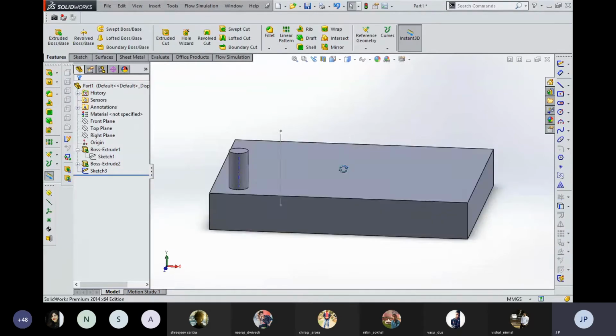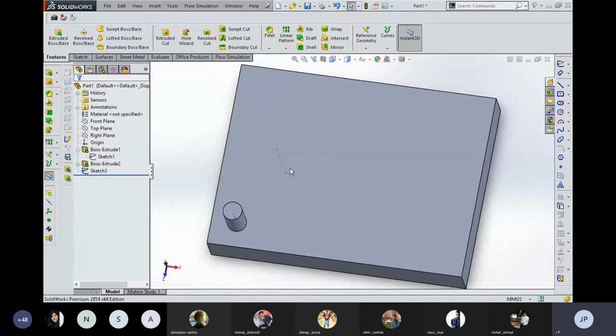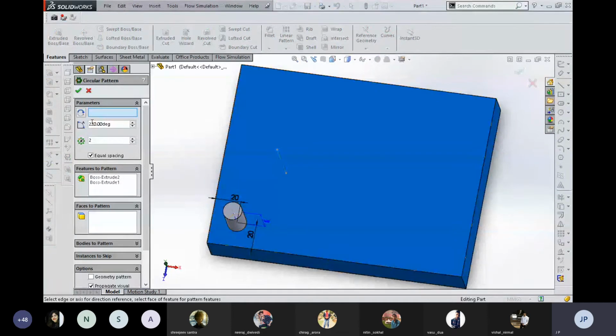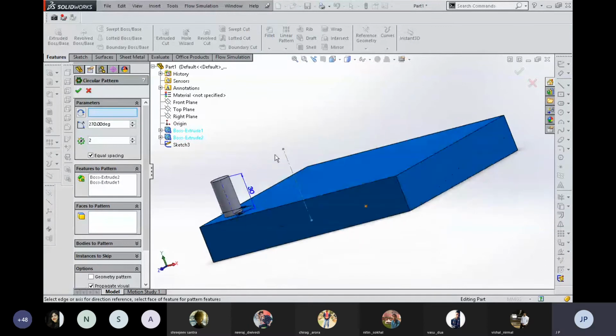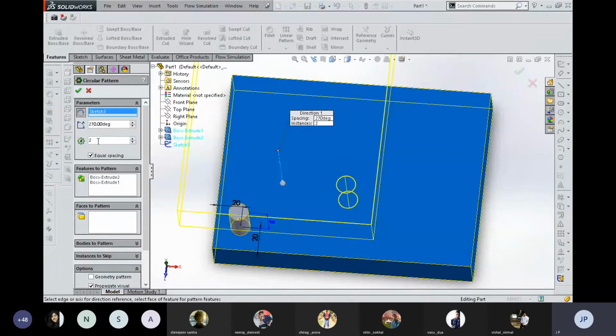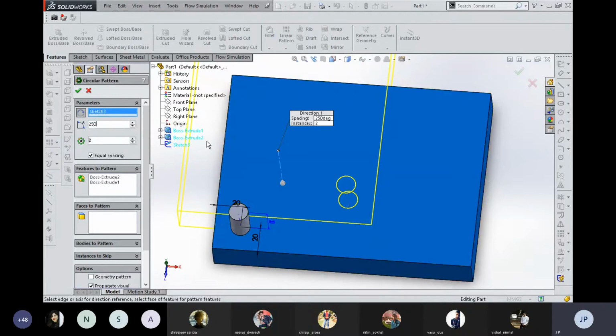Now if you want to populate this component around the circularity of this, so you can see that I have to select the component, click on circular pattern, click on this circular edge. So it is not selected, the whole component selected. So for circular edge we have to select the axis. Right now it is not selecting. Okay. So now you can see that as the number of components are 2 and we fill the value of 270, if you are going to change the value, then it is going to be populated as per your need.